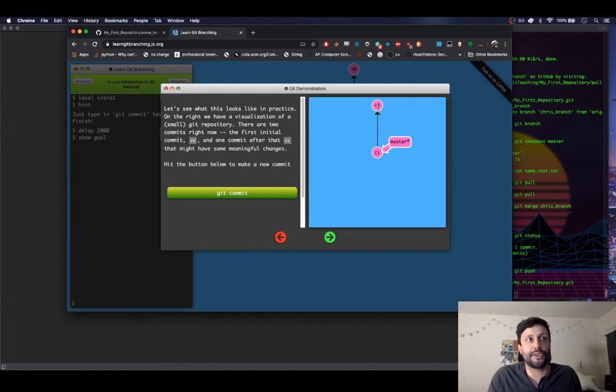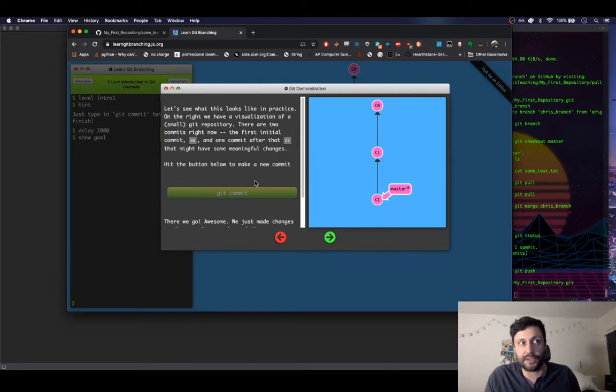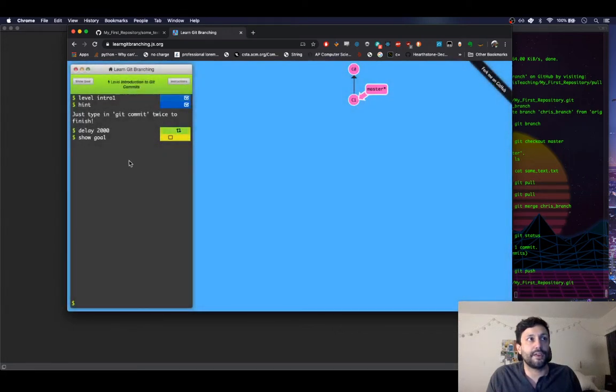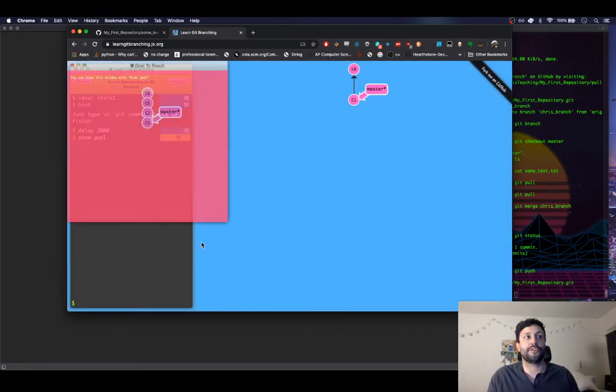It's showing you, let's say we're on the master branch right now. Head is at C1. We commit something, and now we have a new commit, C2. So if you go to the command line here,